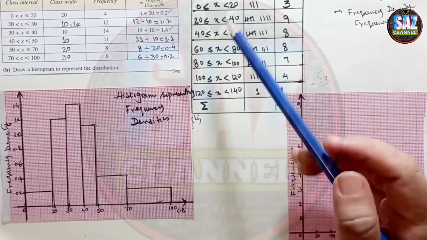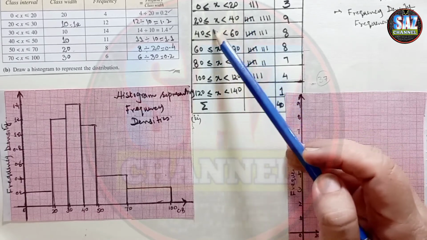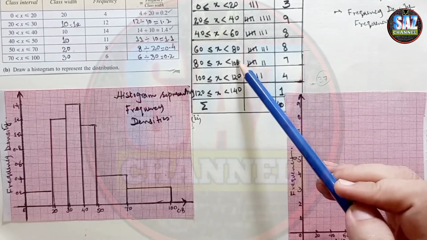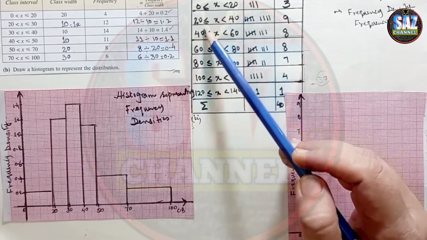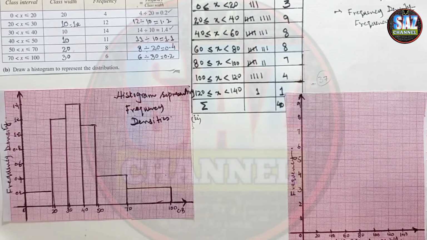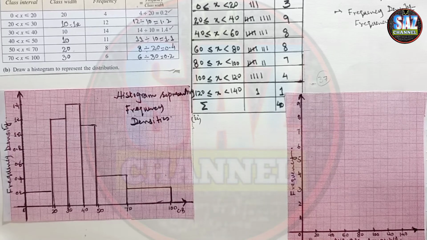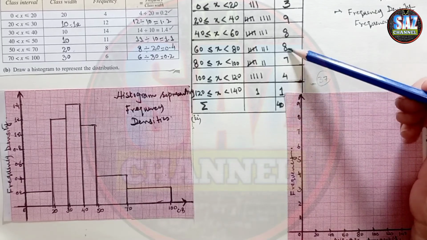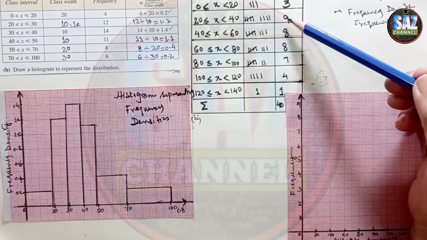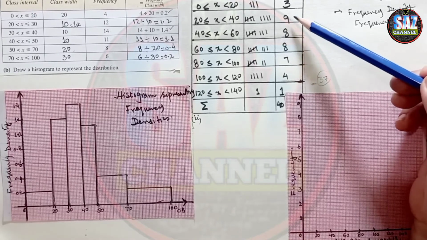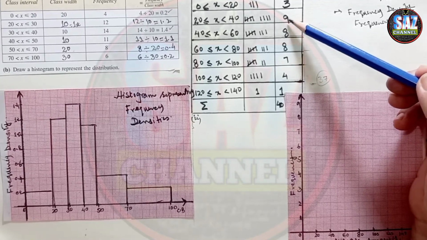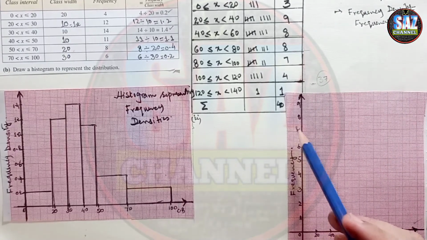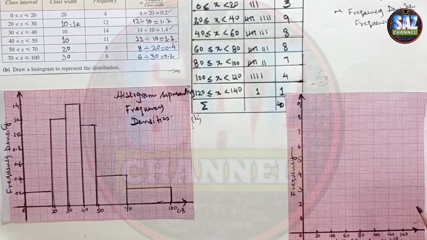Now, the second important point: whether the class limits are given or class boundaries. Data is continuous, so these are the class boundaries. What we can do is take 1 centimeter gap for 20 numbers on the x-axis: 20, 40, 60. Then see what is the largest frequency coming here, that is 9. So adjust your y-axis, the frequency axis, in such a way that a maximum of 9 can come. I've taken 1 centimeter gap for 1 unit. So let's go for the plotting of the histogram.